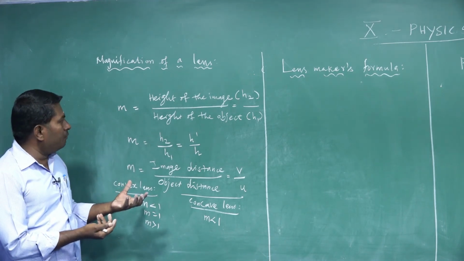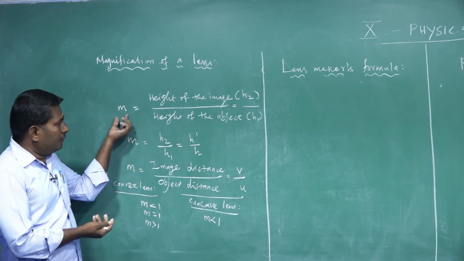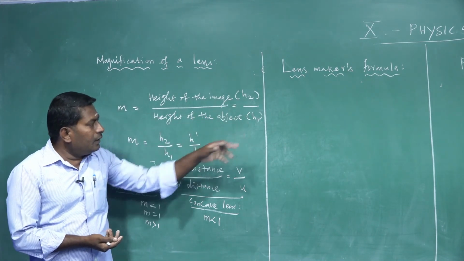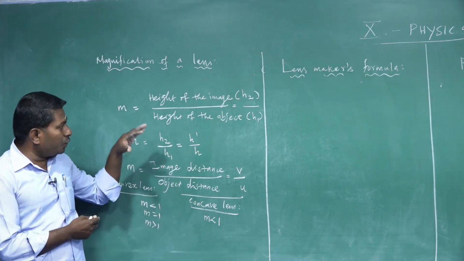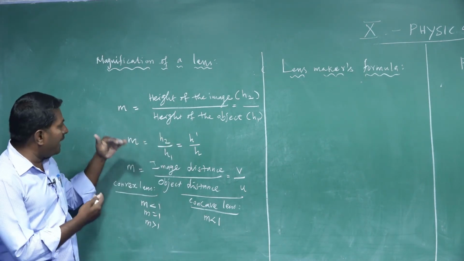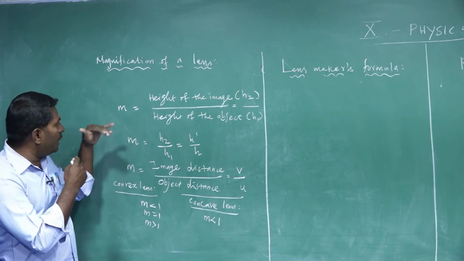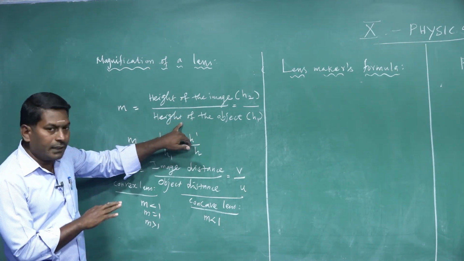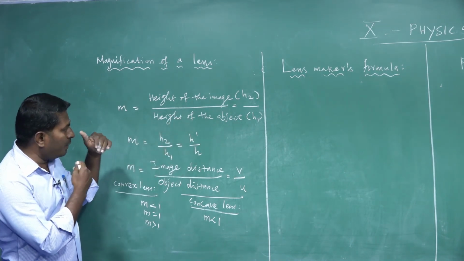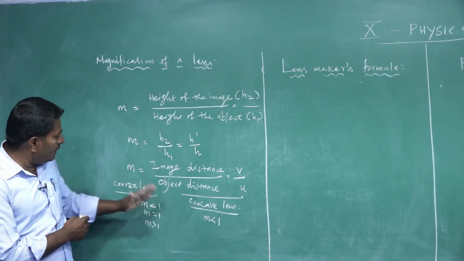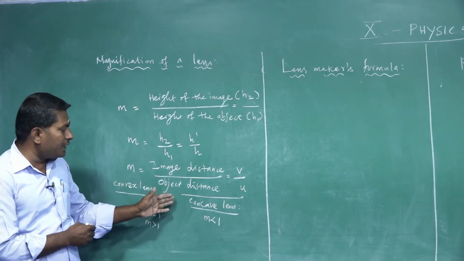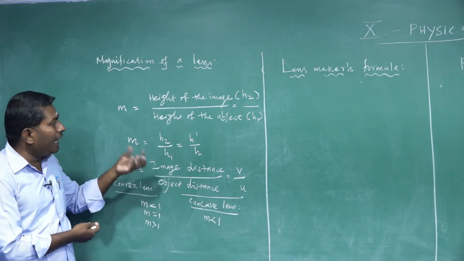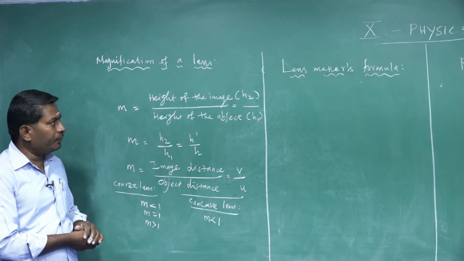Whenever we solve a problem to calculate the magnification, height of the image, or height of the object, we apply the proper sign convention to this equation, then only we get a proper magnification. Or, if the magnification and height of the image are already given, how to calculate the height of the object? Anyhow, we substitute the proper sign convention into this equation. Here also, for image distance and object distance, we have to substitute the proper sign convention, then only we get the magnification or any unknown data from this equation.